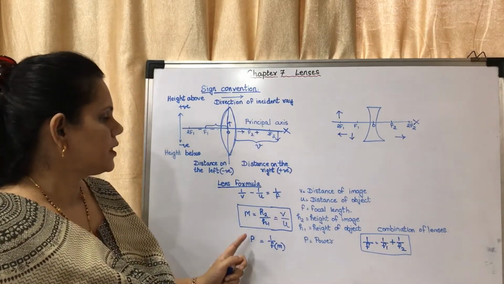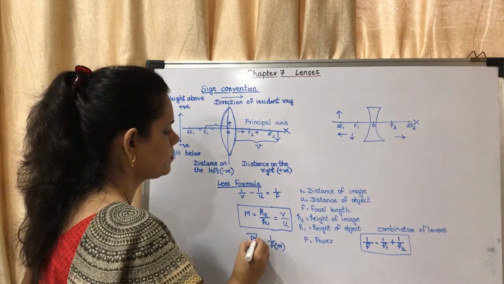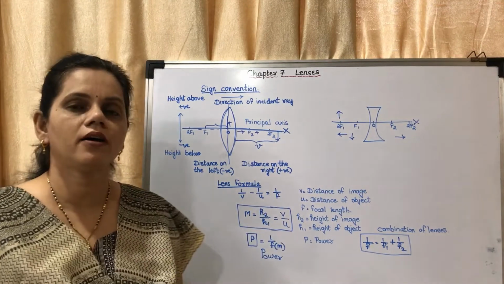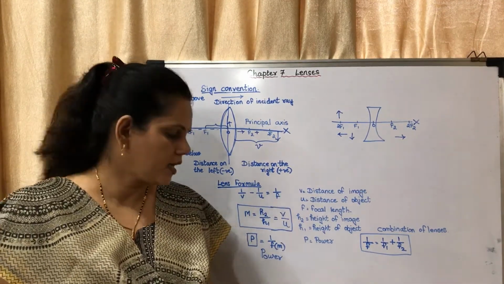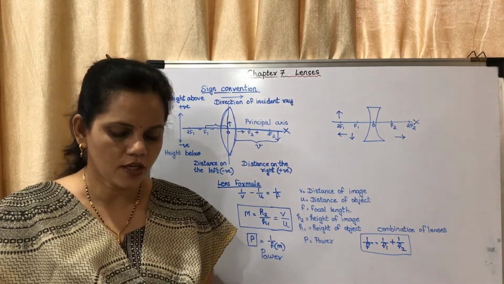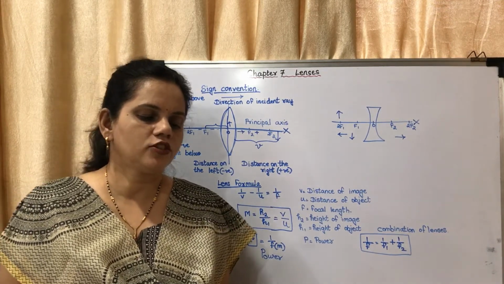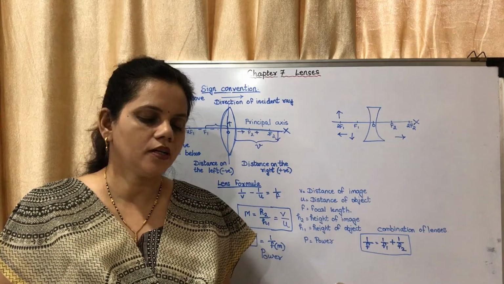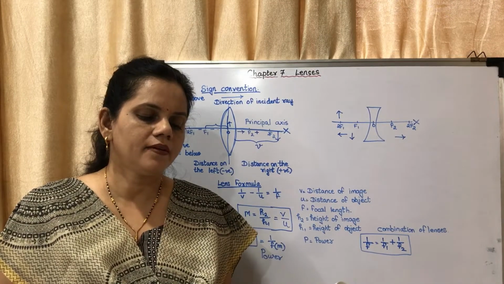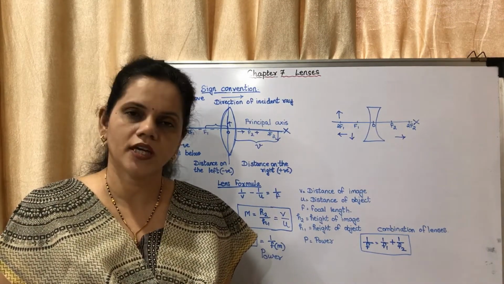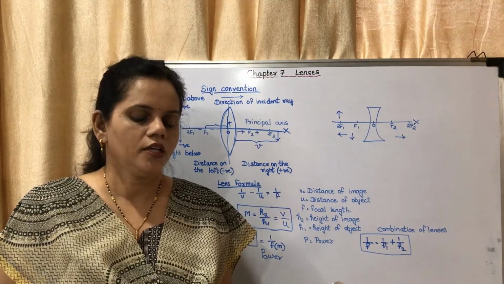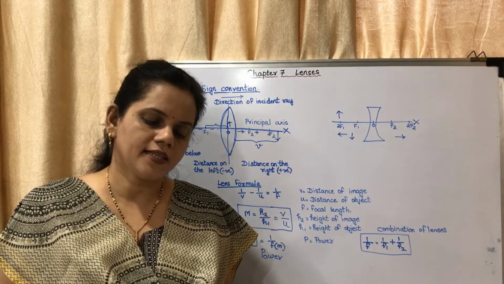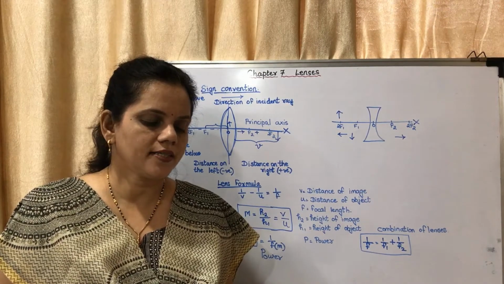Now the next topic is power, that is power of the lens. Before discussing that, there is a question on page number 85. You have to take two convex lenses of different sizes, collect sunlight on a paper using one of the lenses. The paper will start burning after a while. This you might have heard about. Note the time required for the paper to start burning. Repeat the process for the second lens. Is the time required the same in both cases?